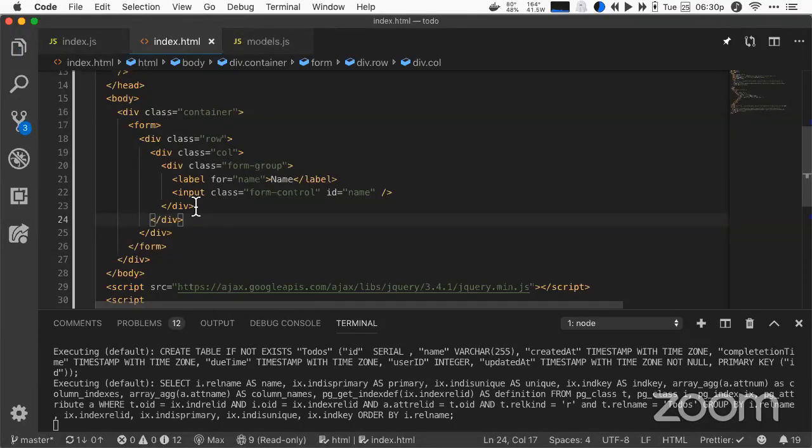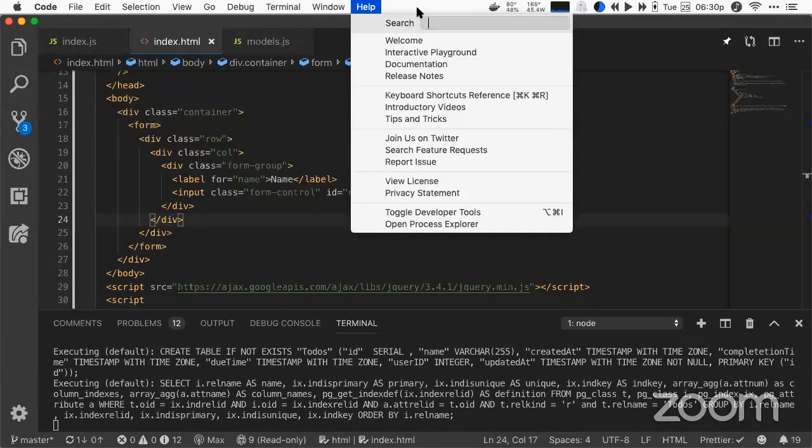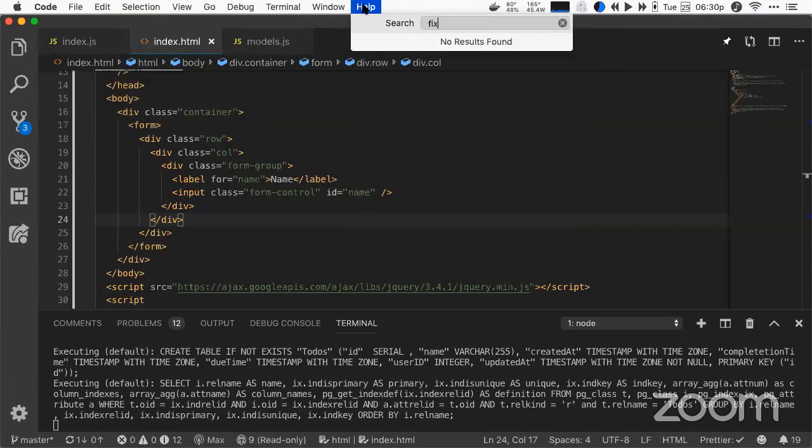Prettier is what they call an opinionated code formatter. So they format the code to their style guides. What it does for you is automatically does the indentation, because it turns out the computer is better at fixing indentation than humans are. So why not just use that to fix your indentation? So there are ways of setting up Visual Studio Code to do a format on save. You can also go to something, fix